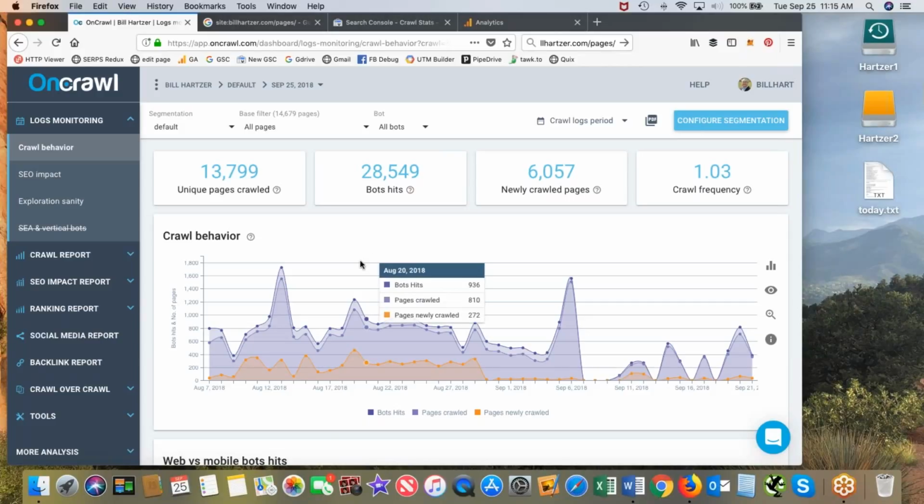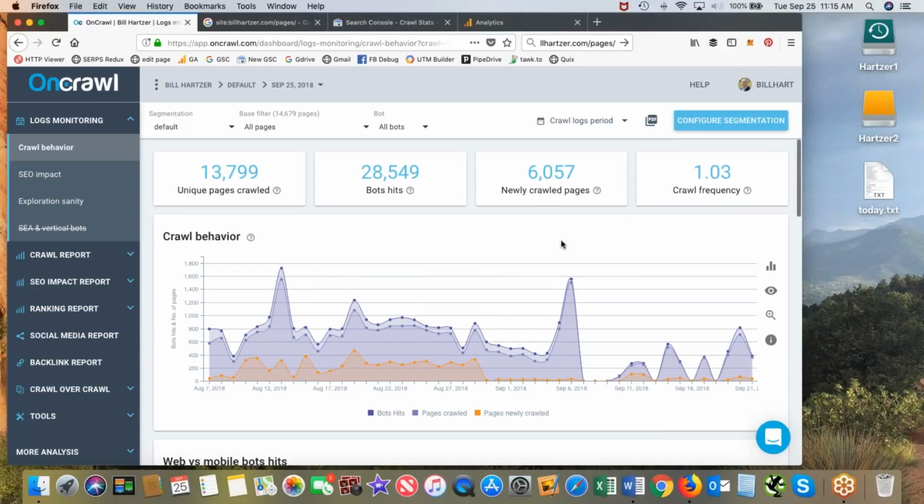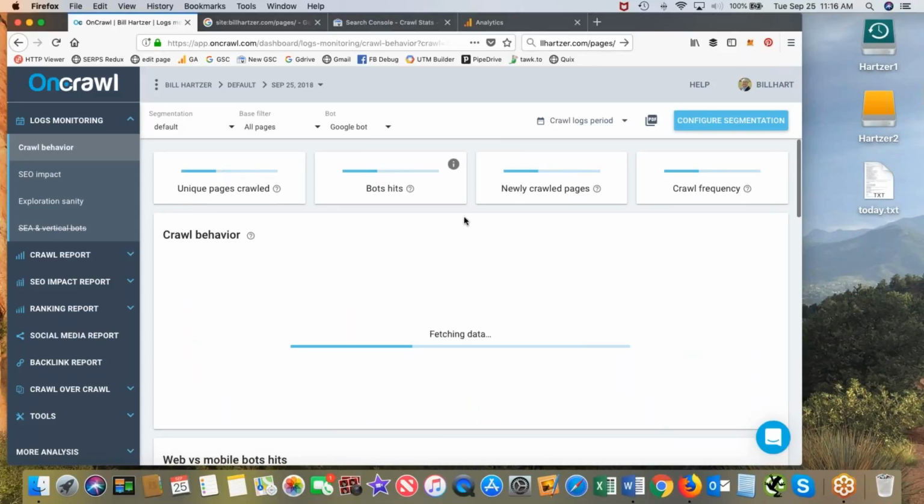So back to this other thing. Let's go back. We were talking about mobile first. The reason why we want to make sure our log files are put up here is because in Oncrawl we can see the bot activity, and specifically Googlebot's activity. So let's look at that. That was all bots. Let's look basically at Googlebot. Okay, not the same thing. This is a lot of activity,